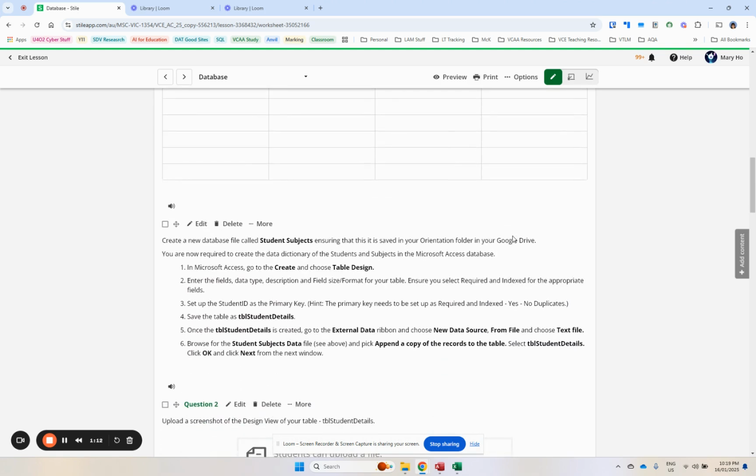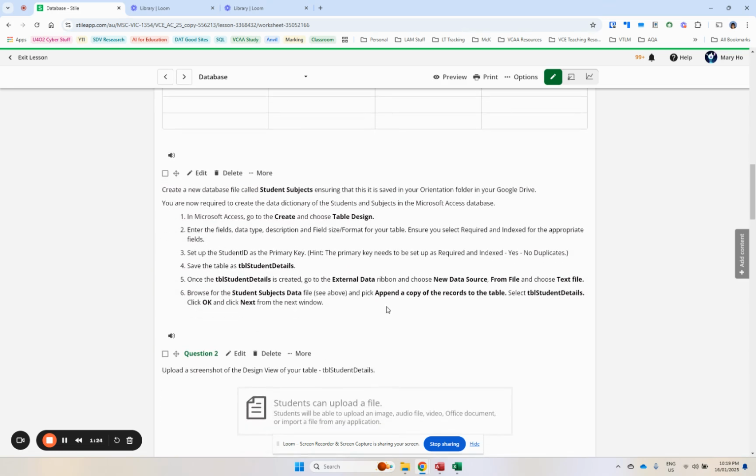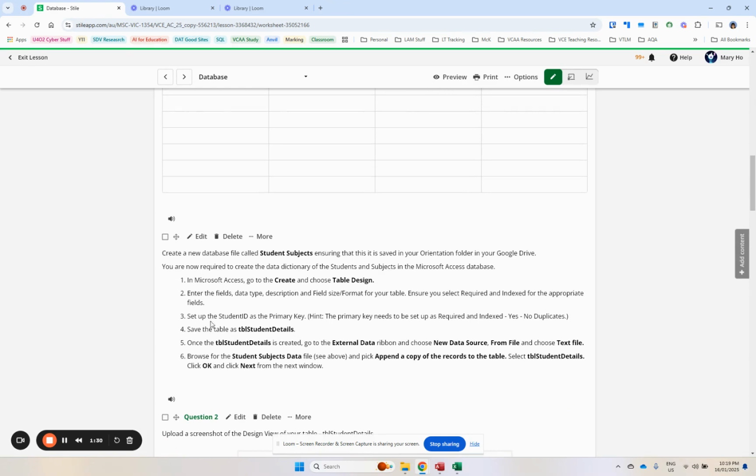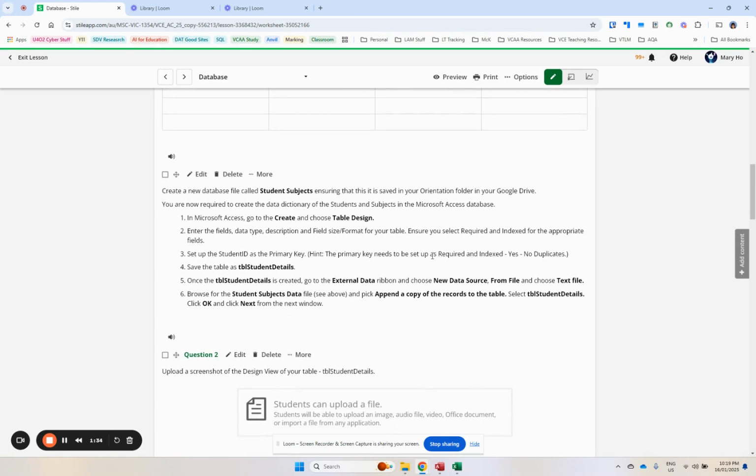Your next aspect is to create the new database. You're to call it student subjects, making sure that it's saved into the orientation folder again. In Access, you would go to Create, Table Design, and you would enter the fields that you've populated in this section here. You'd set up the student ID as the primary key,